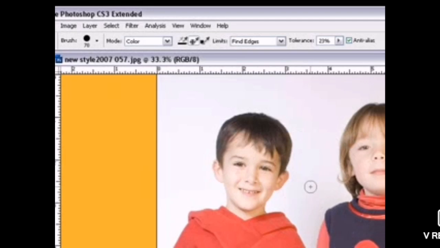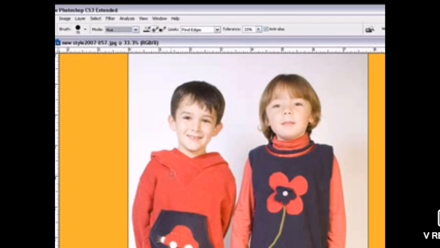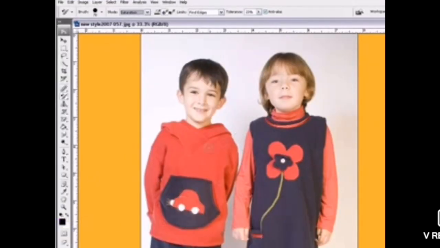So now which color I want, in what way I want, if I just want color or any other options, I can select that. Now here I have selected the red color option. Now suppose only that red color I want to replace. So how to replace it? Just drag the mouse on the image. The color will change.